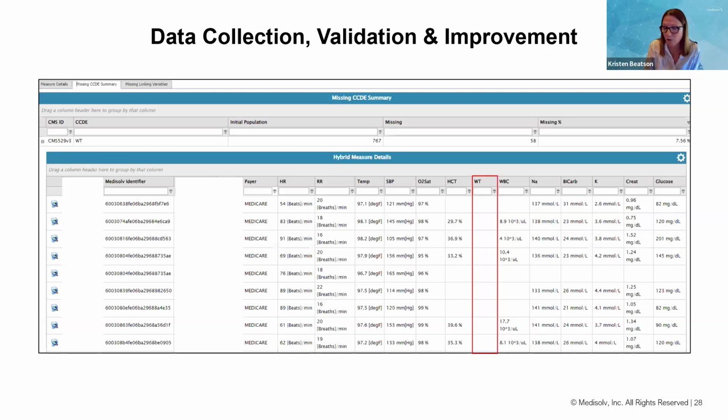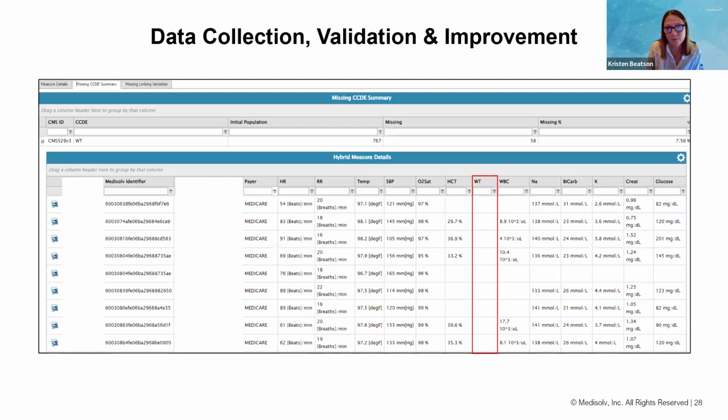Sometimes, I gave the example earlier, everything gets set up and then you find a different area where weight is captured that didn't get mapped, and it just needs to have that mapping put in place, and then that data can populate, and you can have more complete data for submission.